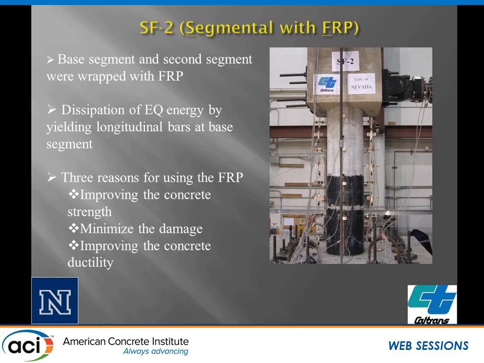The next one that we did was one where we looked at the base of this column and using an FRP, or the fiber reinforced polymer. The base segment and the second segment were wrapped in the FRP. Again, the dissipation of energy by yielding of the longitudinal bars at the base segment. The idea was to concentrate the damage in that base segment. Again, improving the concrete strength by wrapping it in a fiber reinforced polymer, minimize the damage, and improve the concrete